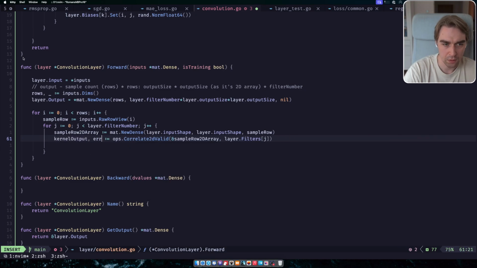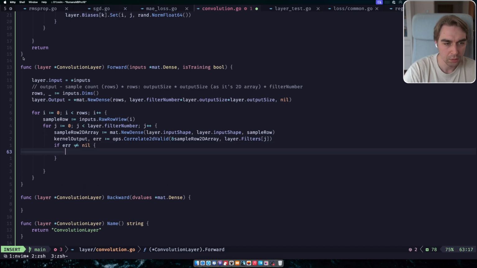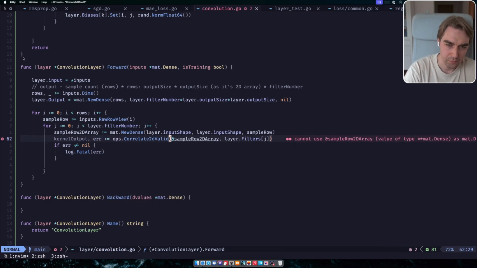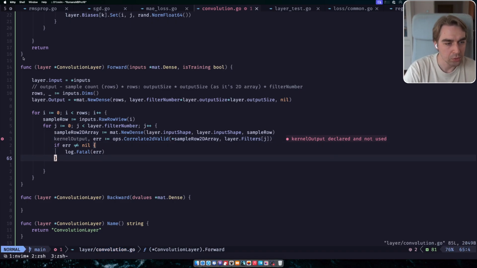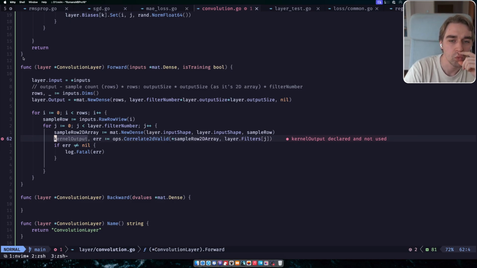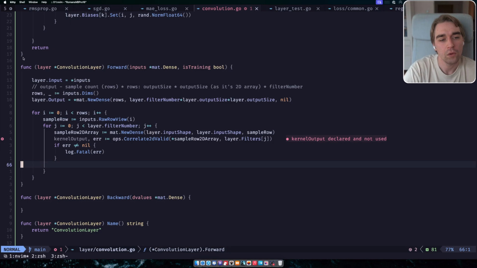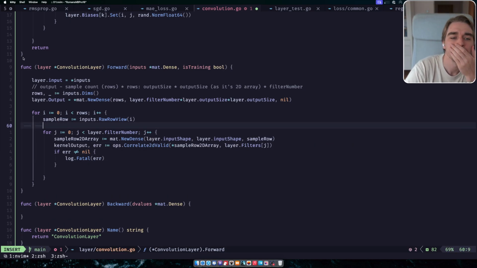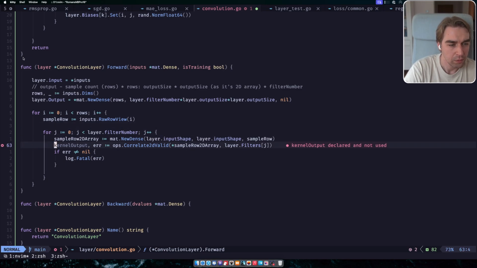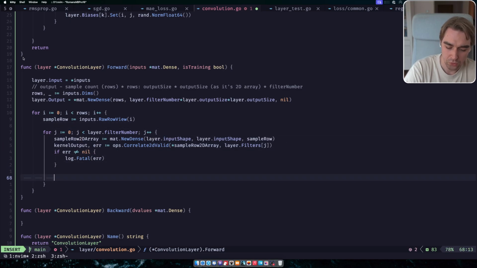Also, I need to take the error. If error is not equal to nil, I will do this for now. Oh, right. I'm still confusing the operands. Declared but not used. Nice. That means that I have the kernel output, and then I need to add it to, I need to accumulate all of the things here. Wait, and the kernel output will be a 2D, right? So then I guess I can do something like